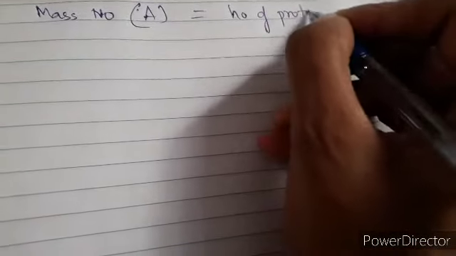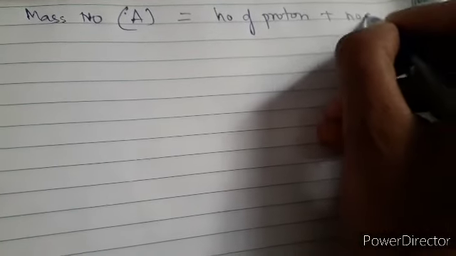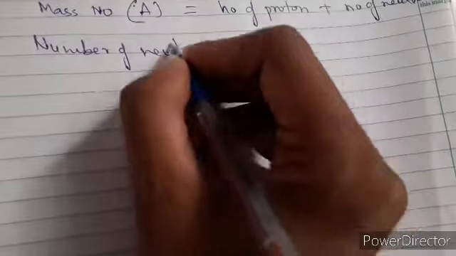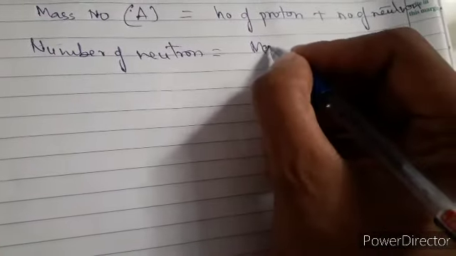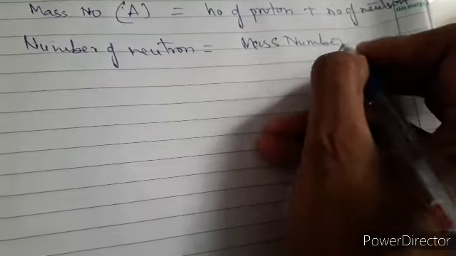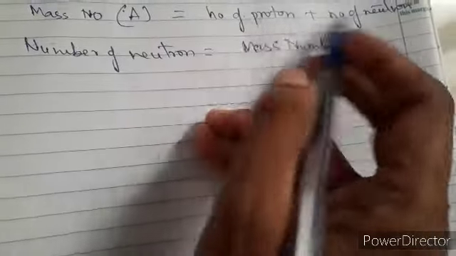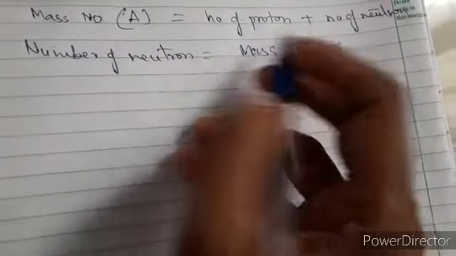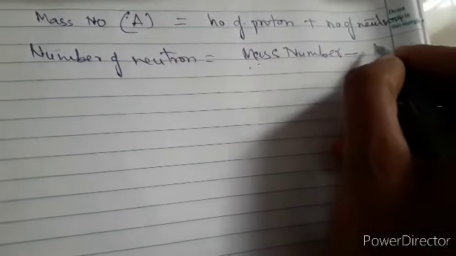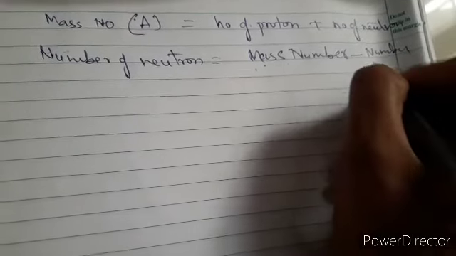Now let's focus upon the number of neutrons. You know that the mass number A is equal to the number of protons plus the number of neutrons. So the number of neutrons will be equal to the mass number minus the number of protons. The mass number is always bigger because the two add up. Don't make a mistake: subtract the protons from the mass number. The mass number is the sum total of two things, so the mass number is big every time. It's minus the number of protons.